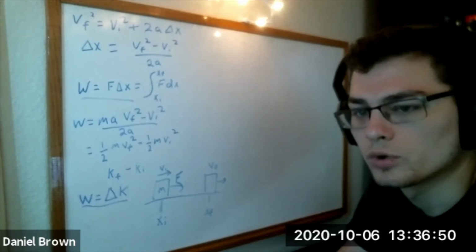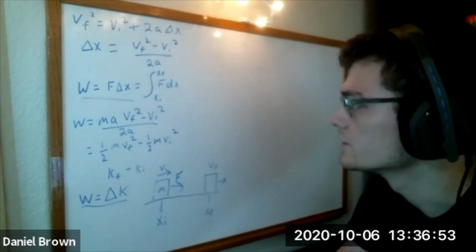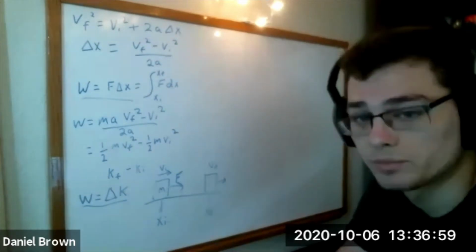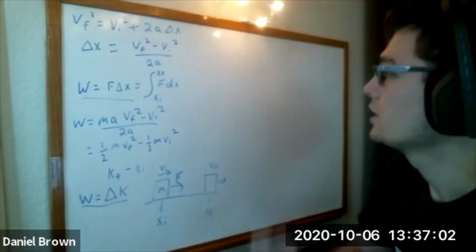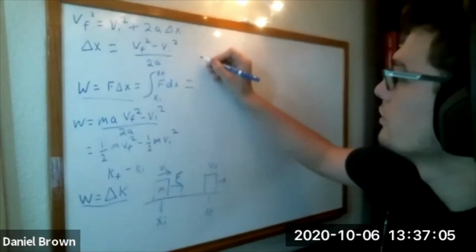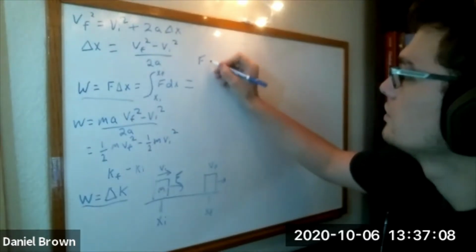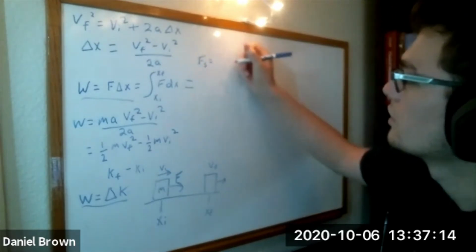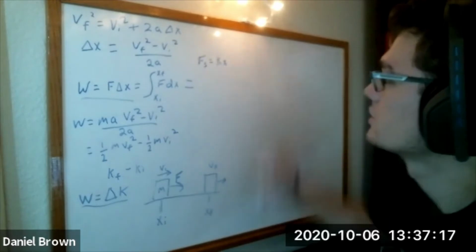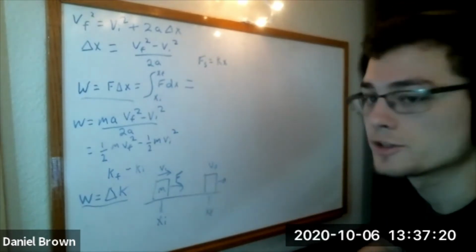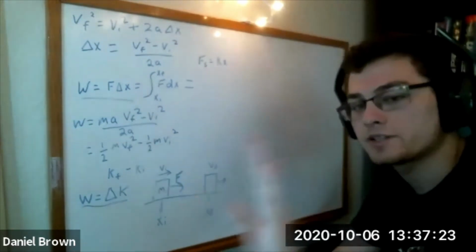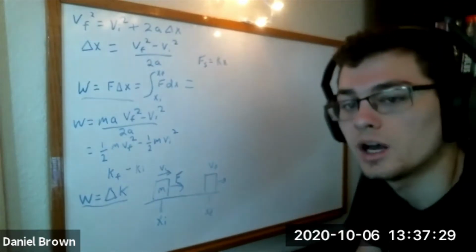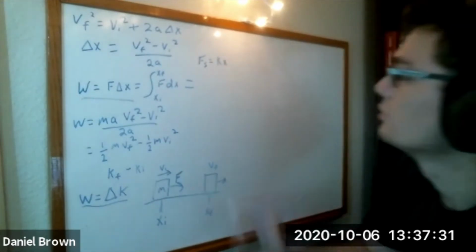Another way that work is useful is when we're trying to learn how much potential energy is stored in a compressed spring. So in a compressed spring, we know that the force for a spring, Fs, is going to be equal to kx. So as you displace the spring by a distance x from its equilibrium point, it exerts a force proportional to its spring constant, k. So we plug in F